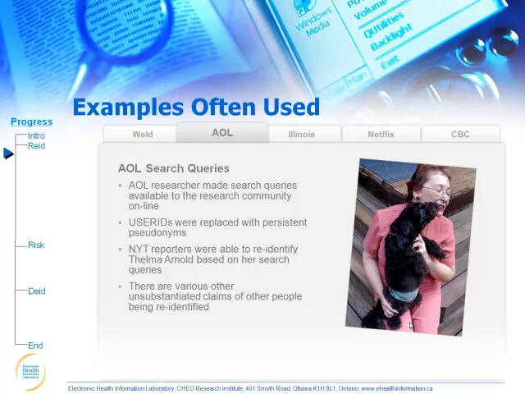And soon afterwards, a number of New York Times reporters were able to figure out that one of the users was Thelma Arnold from her search queries. They had a New York Times story about her, and you can see they took her picture with her dog, and they said, this is terrible, AOL released personal information online. Of course, soon afterwards, the data was taken off AOL's website, but the data is still available. If you want a copy, if you search for it, you'll find it. Many copies of it are available online with some nice tools to allow you to search through that data set.